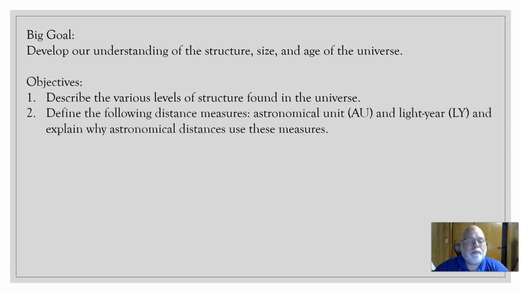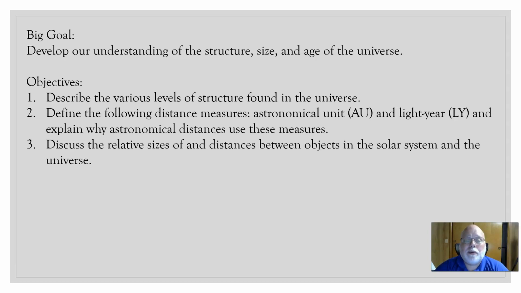We're going to encounter two really important ways that astronomers and astrophysicists measure distance in astronomy. And that includes the astronomical unit and the light year. I want you to understand what those units are, to get a sense of how big they are, and also to explain why these different measures of distance were brought up in the first place. And that will be, I think, in the next video.